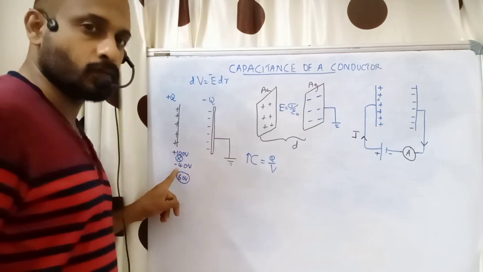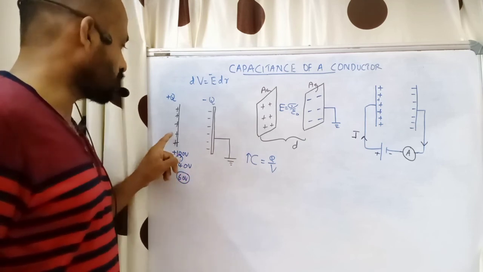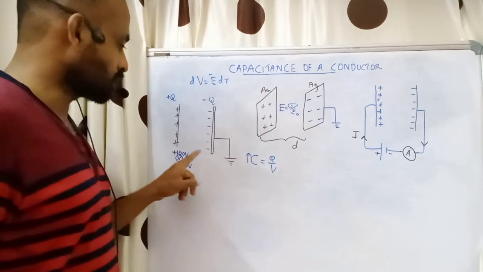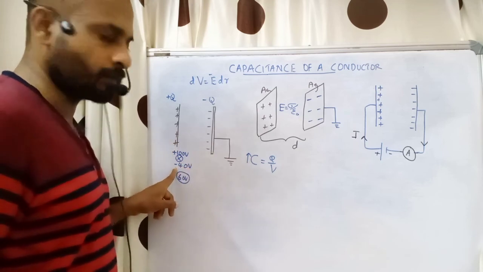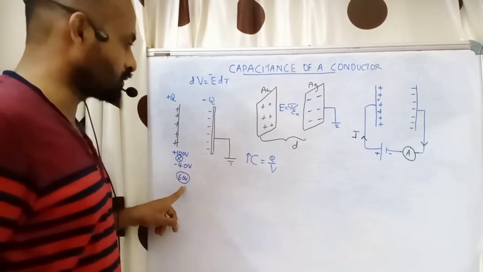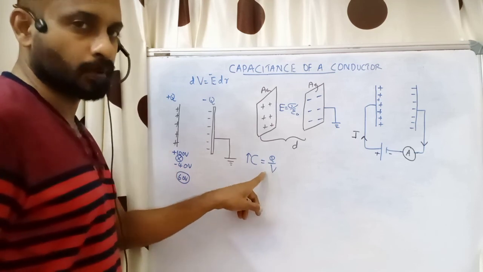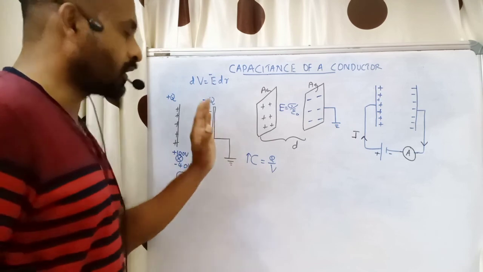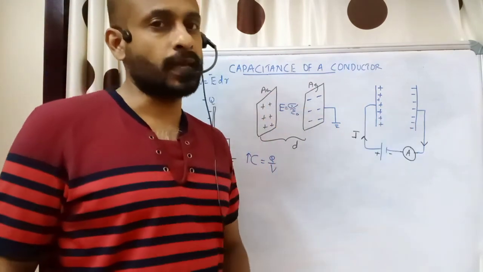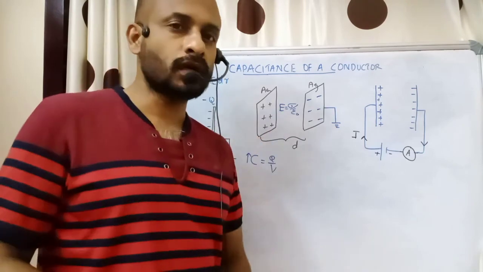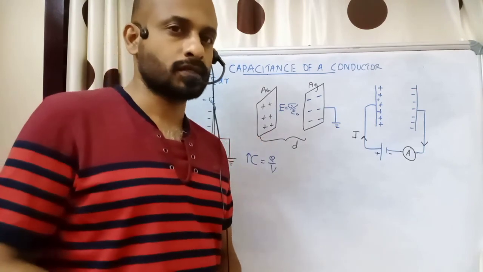So this negative charge produces a potential of minus 40. In the example I have given minus 40 here. Plus 100 is the potential due to this positive charge. Due to this distance, potential is reduced by around minus 40. What's the net potential? 60 volt. So potential is reduced, so capacitance increases. So if you have one charged conductor and one more conductor nearby, its capacity will be increased. Such a device is called a parallel plate capacitor.